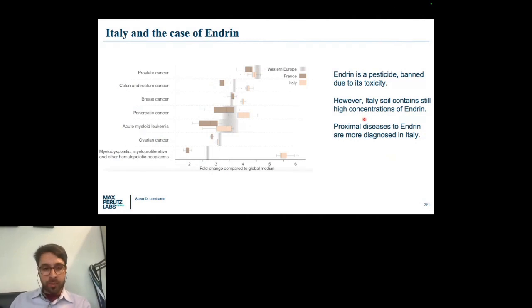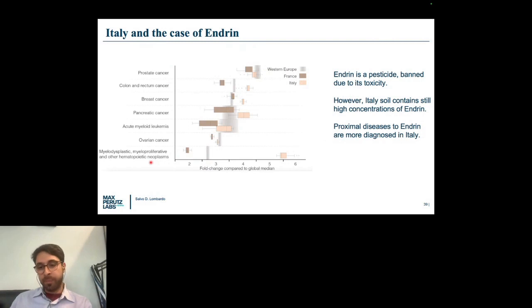And what we found out was that if we look at the incidence of those diseases that are proximal to Endrin, so to this pesticide, that are mainly cancers, the incidence in Italy is almost always way higher compared to the Western Europe average incidence, and also to France, up to even fivefold increased incidence compared to France for